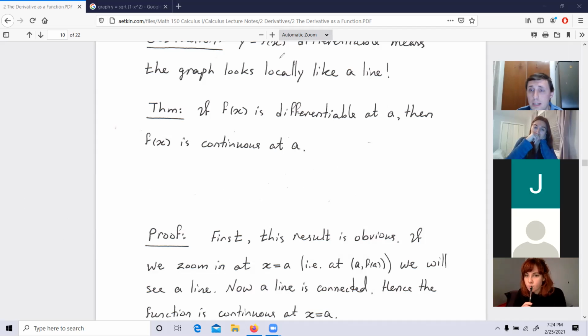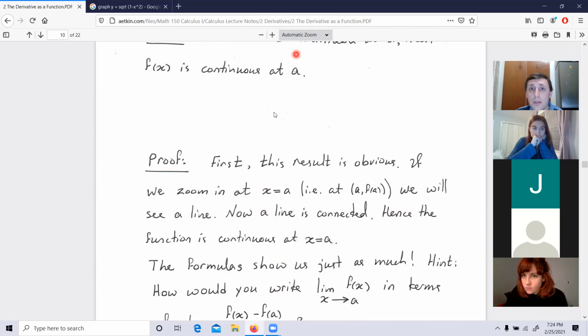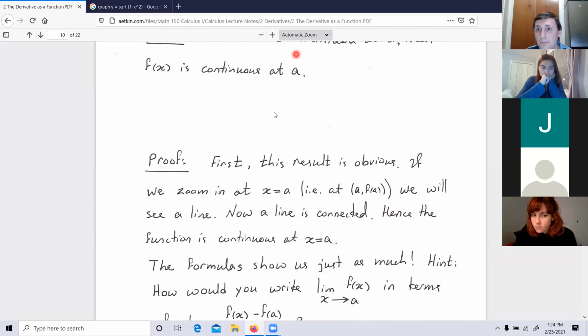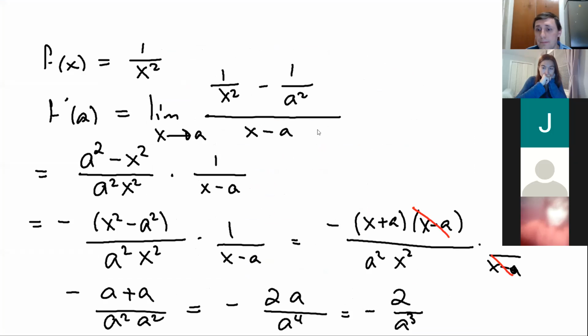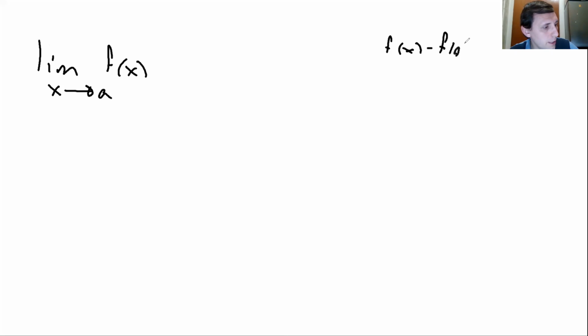So I need to understand what I am searching for. Let me actually do it on a separate piece of paper. Here, guys, you see, I begin, this is the limit I care about. I want to show that it equals f of a. I only know this limit. This is my model. I know (f of x minus f of a) over (x minus a).